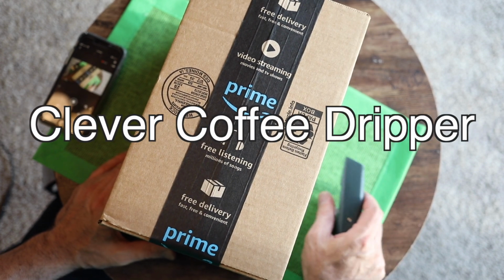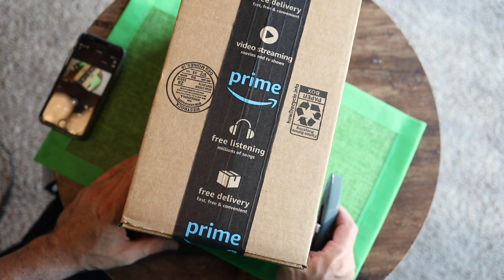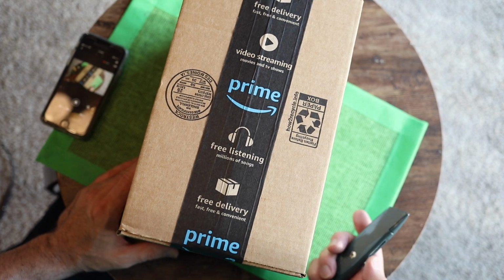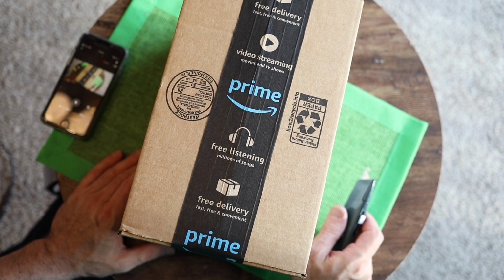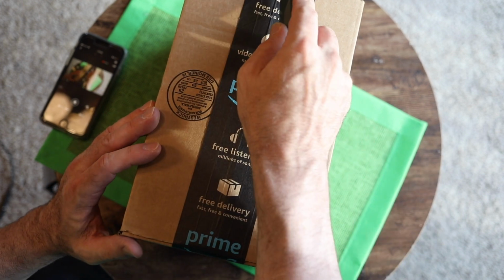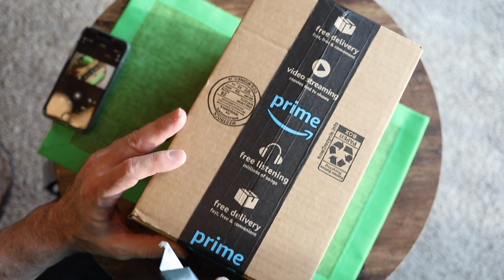It's like a pour over, but it's a little bit different, and you'll see what I mean here. I think it basically is in the pour over category, but you'll see what I mean when I open this. I think I just ordered this either 1 or 2 days ago, and I received it before some other stuff I ordered. I was surprised how fast this came,